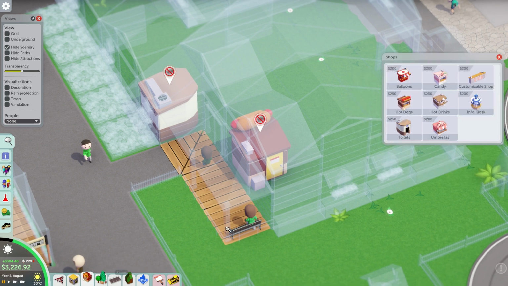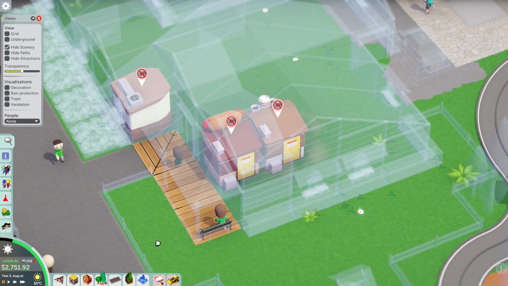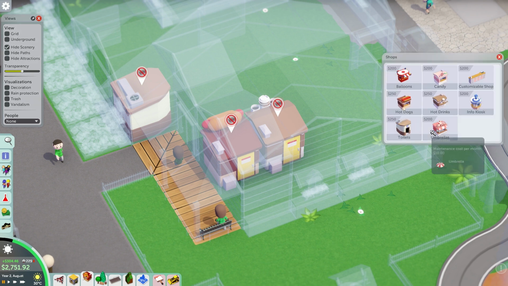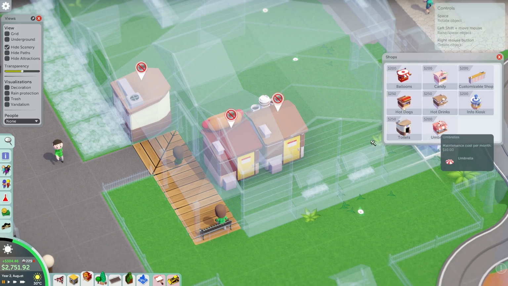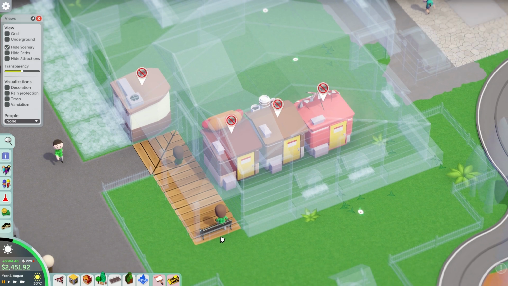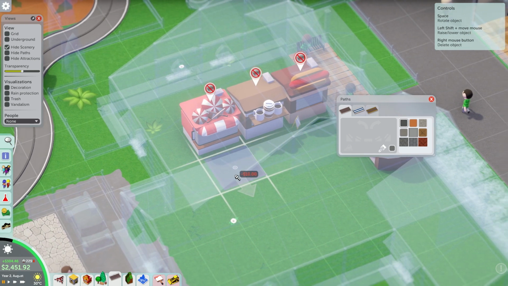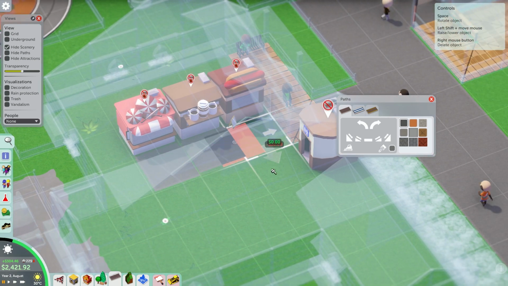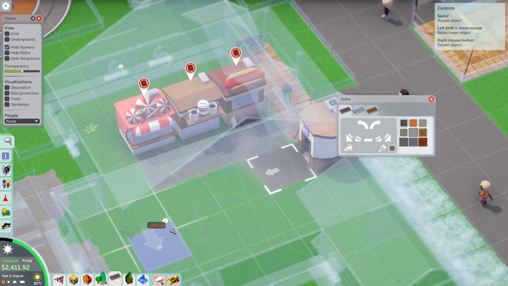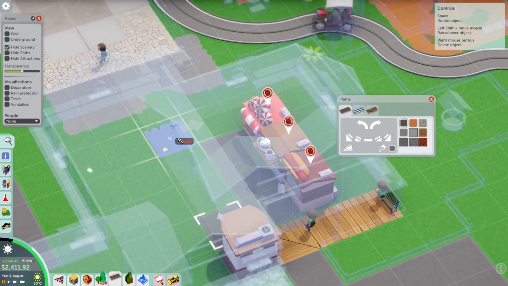And hot drinks, and umbrellas. Right. Path. I'm just going to put a regular path in for now. Okay. And then we could afford a depot here, to be honest, which I think we might have to do